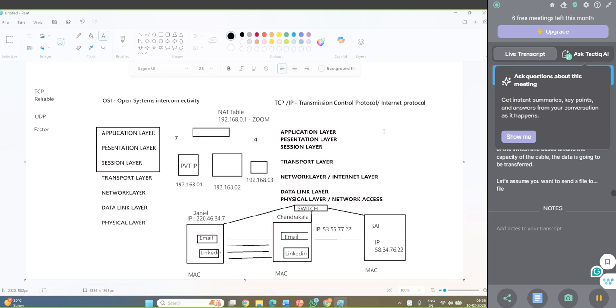But when it comes to the internet, it is a different thing, right? Because we are using virtual connectivity, we are not using any cables, because I'm just connecting to my Wi-Fi router. That is a radio frequency. It is connecting through radio signals only. I'm not connecting my Wi-Fi with a cable. Even if you are connecting with a cable also, the router wants to